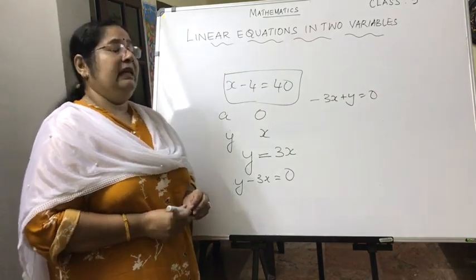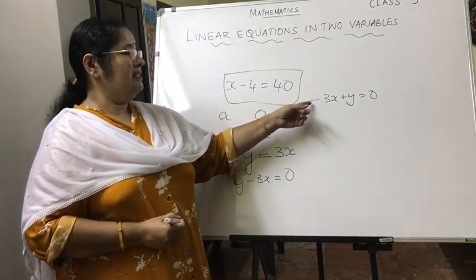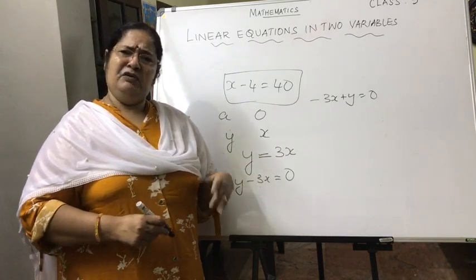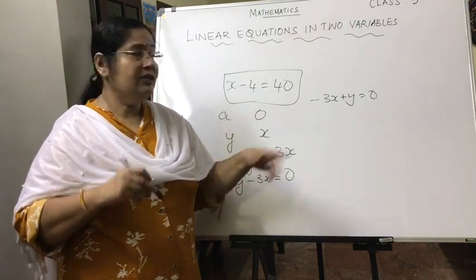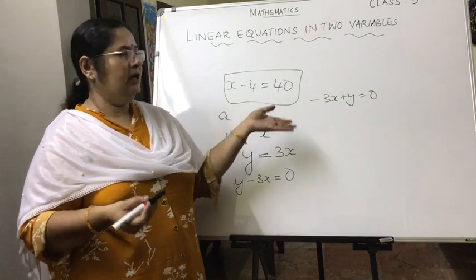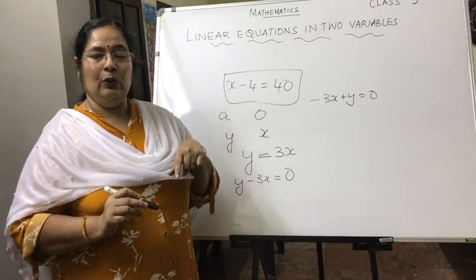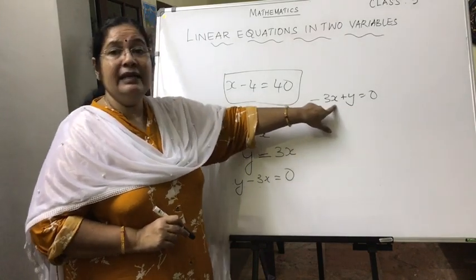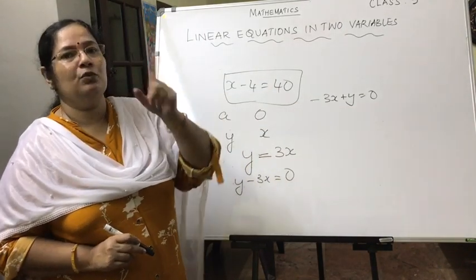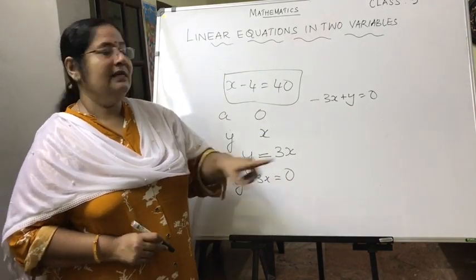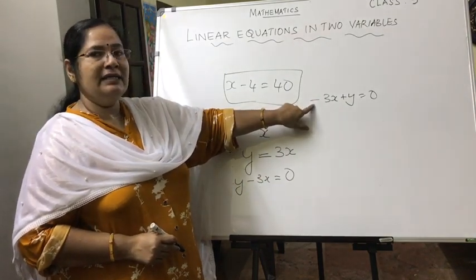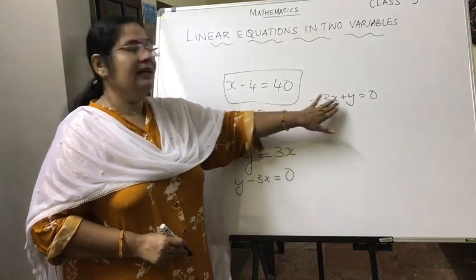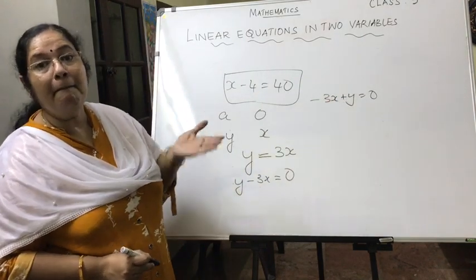So again another confusion. The first term itself is negative. So we have a feeling, why don't we change it? Now how can you change the negative sign? You will multiply this entire equation with minus 1, so that minus 1 into minus will give you a plus. So the entire equation you are going to multiply with minus sign.